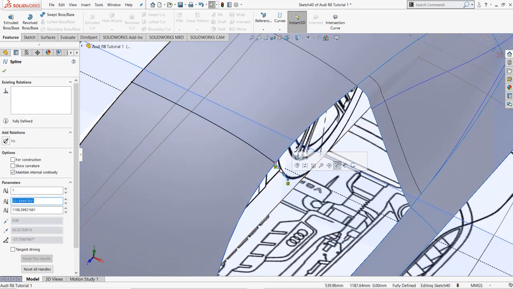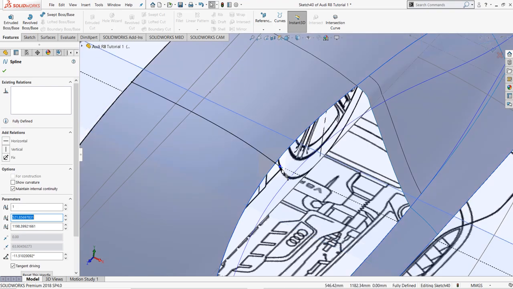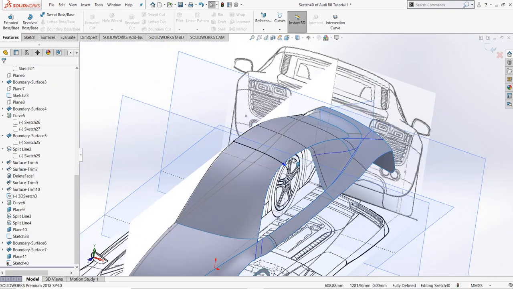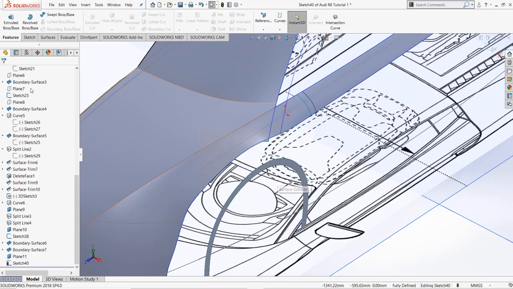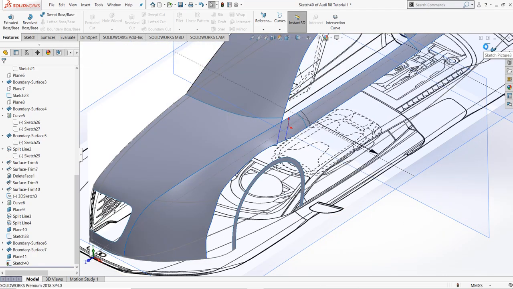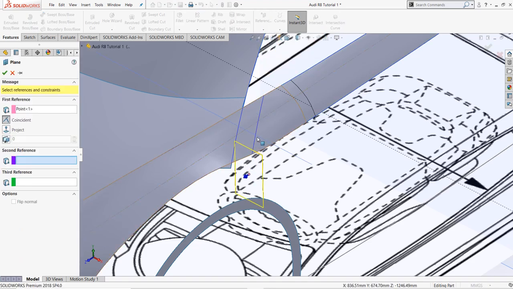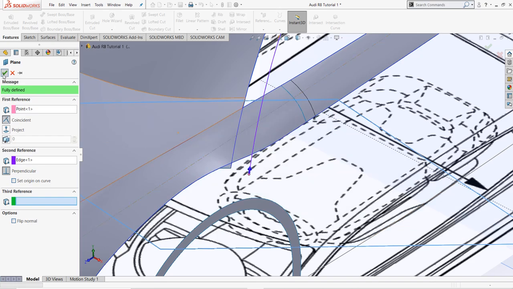Adjust this curve slightly so as to get a profile like this, then click OK. Now click exit sketch. Now select this point and go to reference and click a plane and select the second reference as this plane, then click OK.